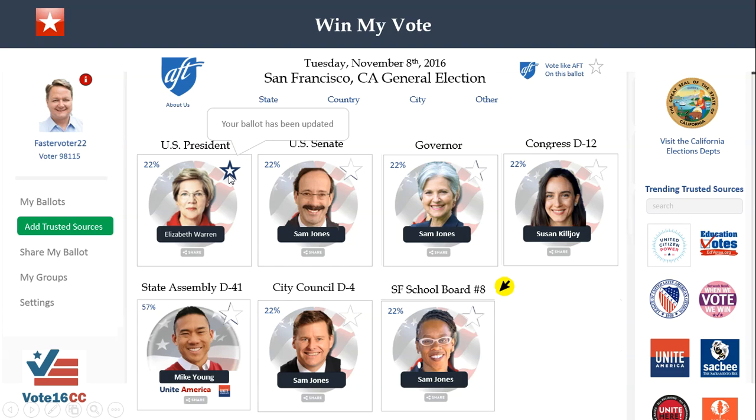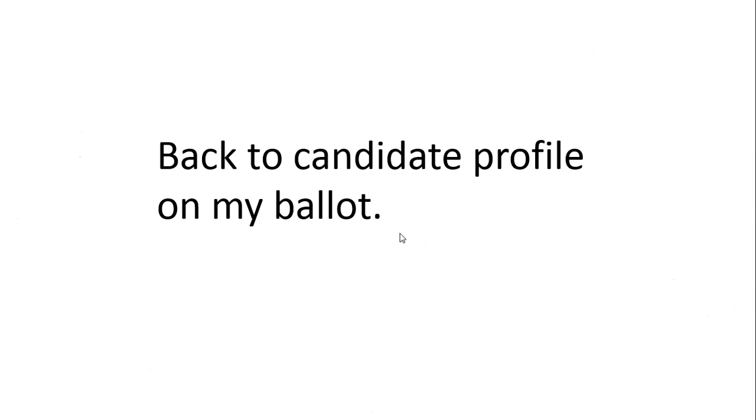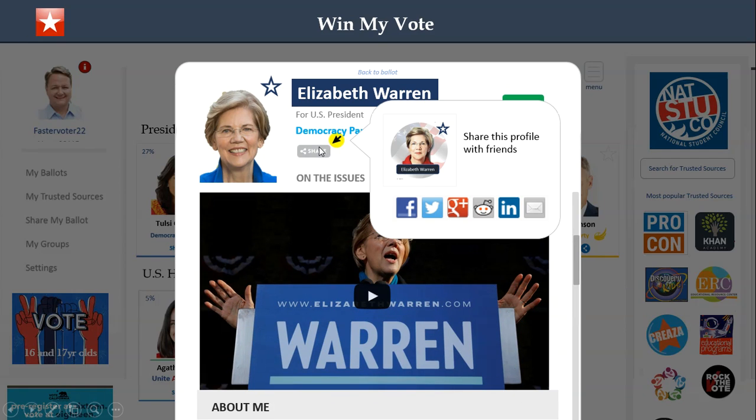And if I want, I can just favorite this candidate right here, and then my ballot will be updated, and I know I want to vote for this person, so same thing there. I can also just click on that, and that turns all of their endorsements that are on my ballot into my favorites as well. So we'll go back here, and let's say I unchecked that star because I want to do all of it on my own. So I can go back here, and now I can favorite this candidate,